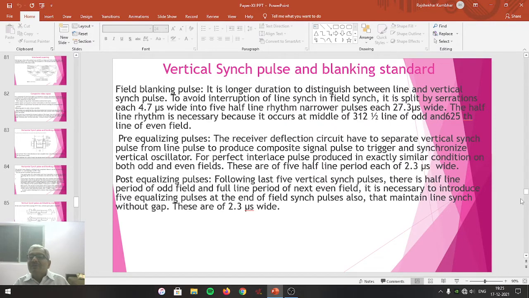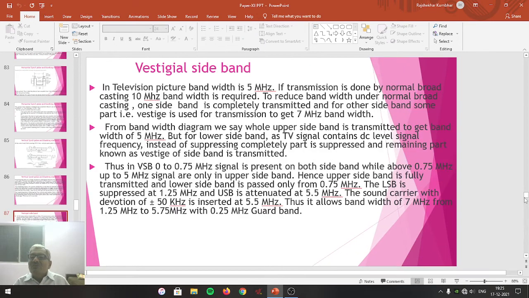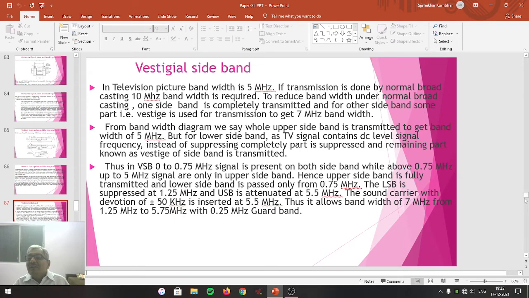Friends, the combination of vertical blanking standards and horizontal blanking standards forms the composite video signal. Thus we can say the combined electrical signal proportional to the picture information is there. Horizontal blanking pulses, sync pulses, vertical sync pulses, vertical blanking pulses, all these together we can call a